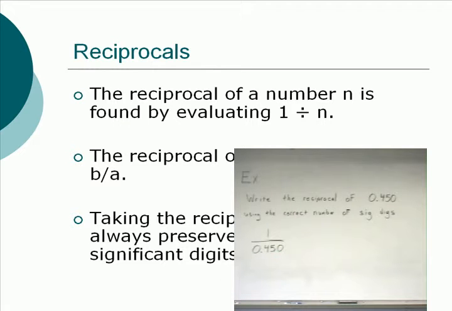Now, how many sig digs are we starting out with here? 3, good. I don't think I heard anybody say 2. That's right, there's 3. That 0 is significant. It shows additional precision. Okay? So we have 3 sig digs, 0.450, and we want the reciprocal of that. You should end up with